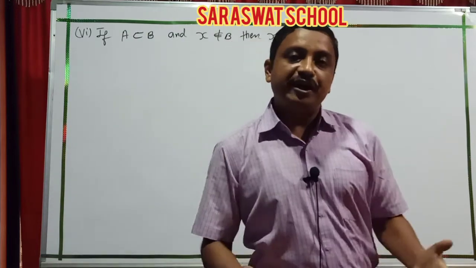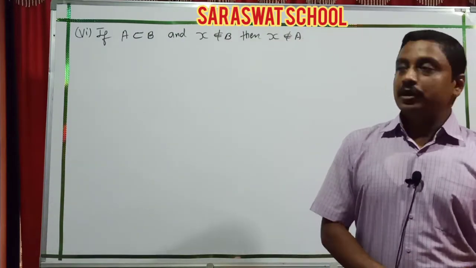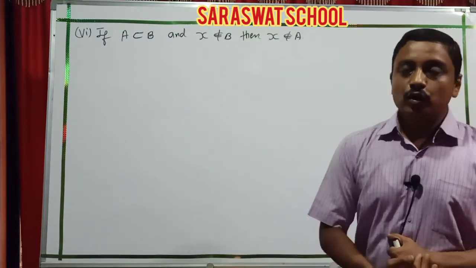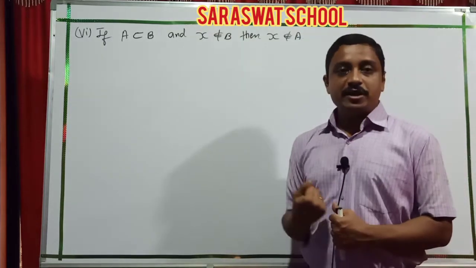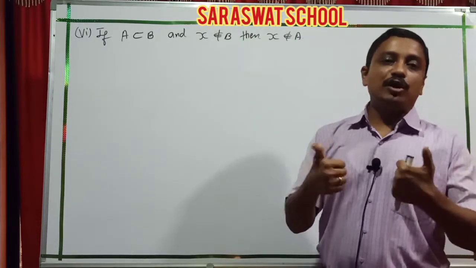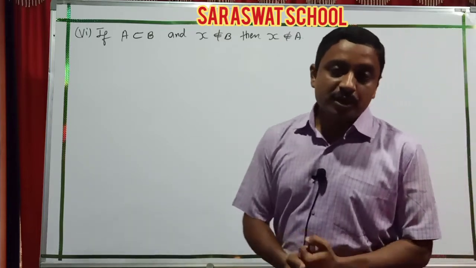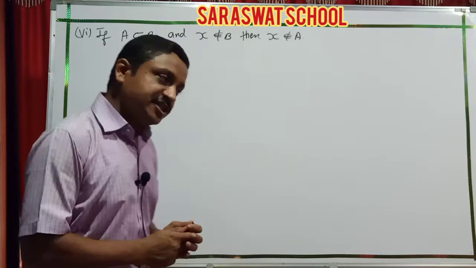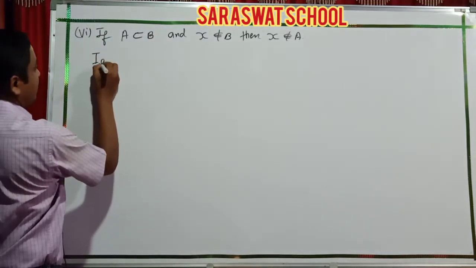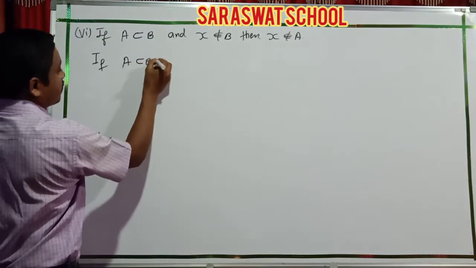So students, after ending our 5th question, now our 6th is going. The question is: if A is a subset of B and X does not belong to B, then X does not belong to A. Here also, students, I am going to explain it with a simple suggestion. If A is a subset of B, then